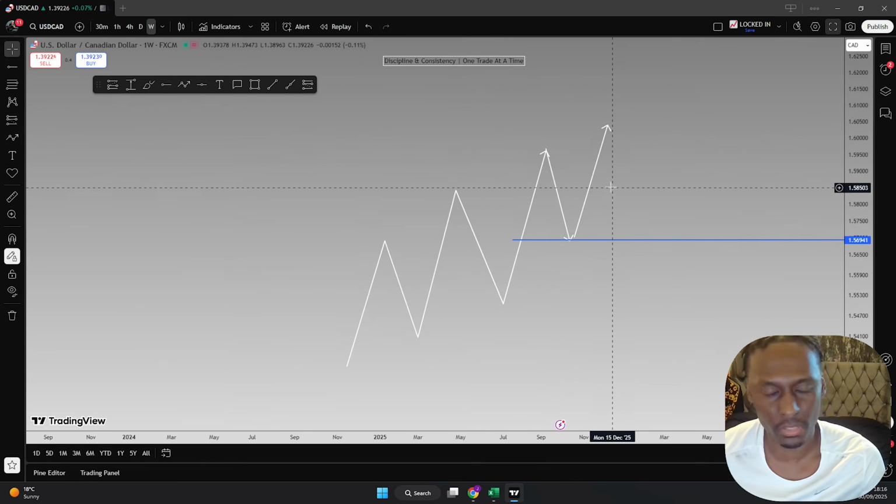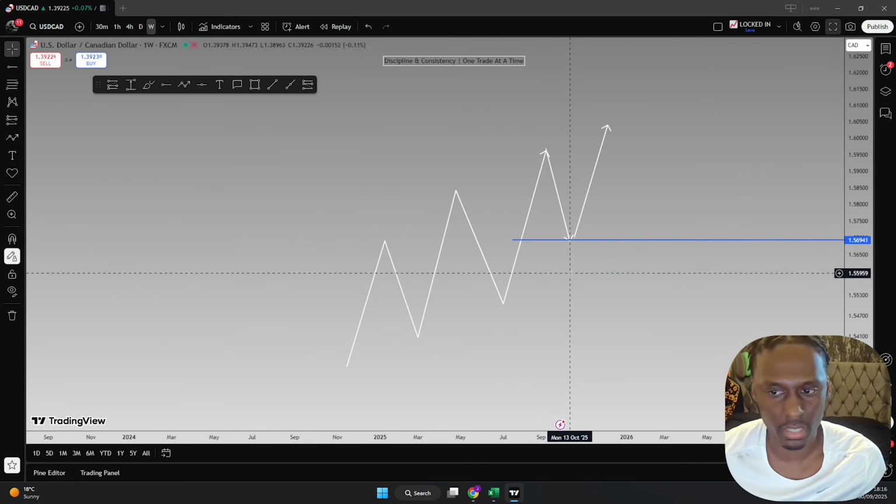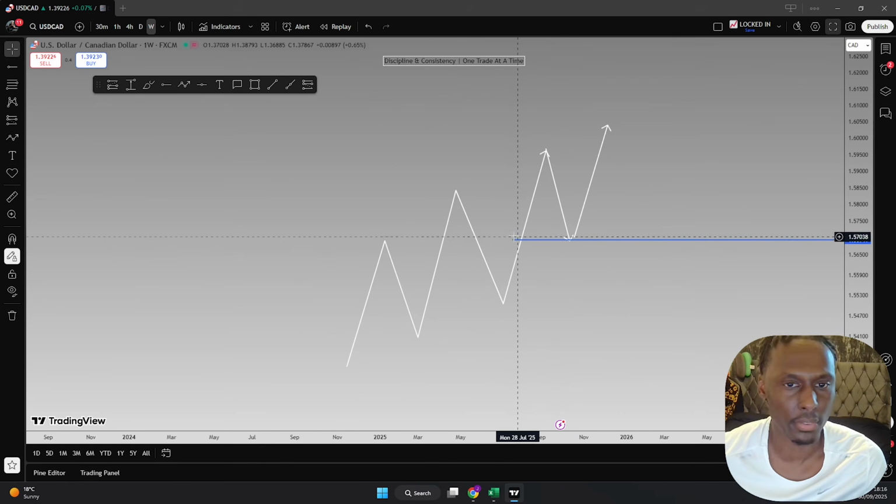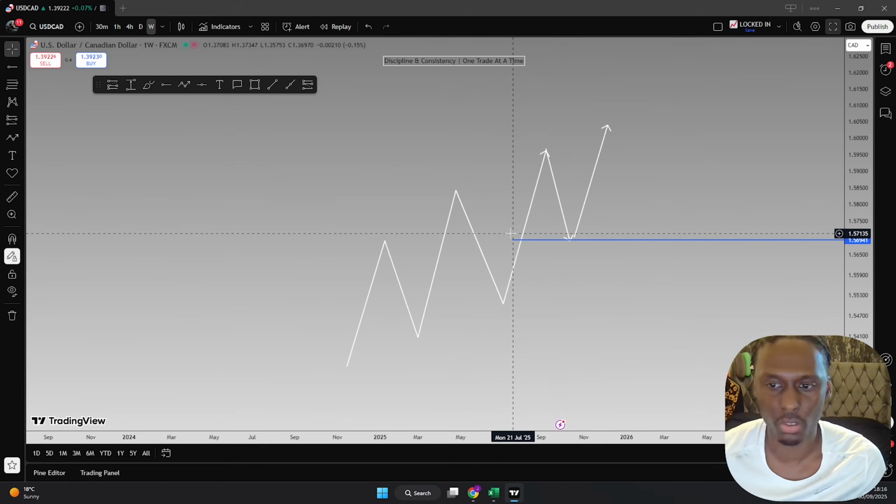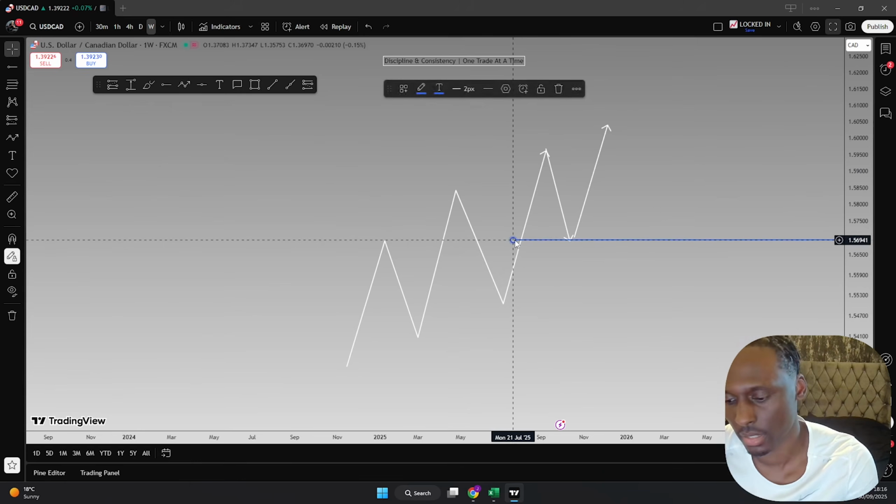And vice versa for if price is in a downtrend, and same thing for if price is in the range as well. And obviously aiming for the same type of places. So